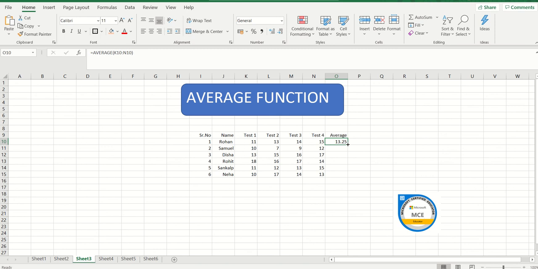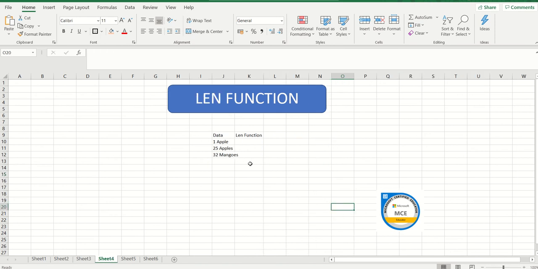So let's double click, and it will replicate the formula to the remaining cells. You can cross check that this is my average formula and this is my average formula. So once again, the average function is used to calculate the average of the given data set.